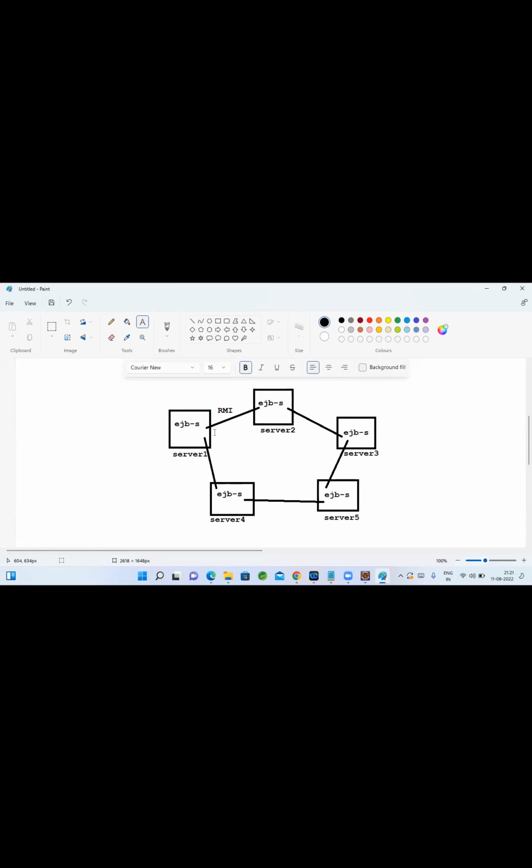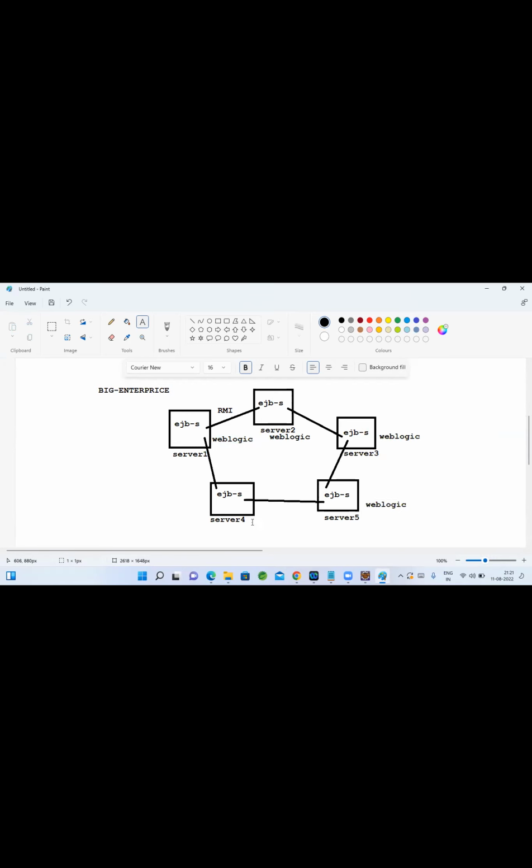Using that concept, using EJBs, we used to develop big enterprise applications. If you want to develop a big enterprise application, we need to use EJB session beans. When we use EJB session beans across all the servers, we have to use an application server like WebLogic. You need to buy it here for server 1, server 2, everywhere you need to pay the license.